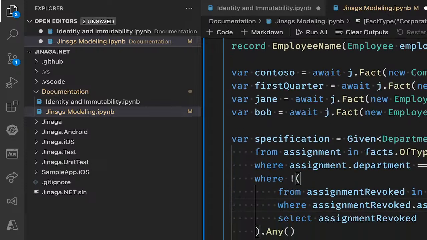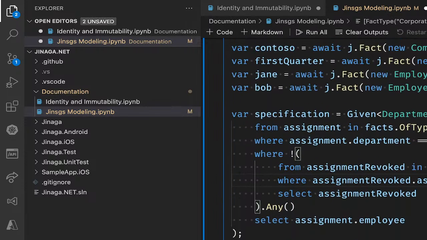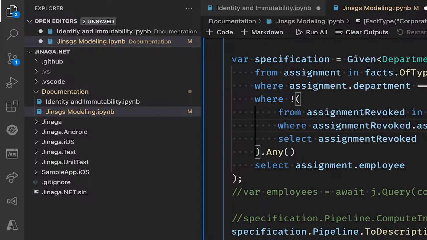There we go. Yeah, the type checker finally caught up with my frantic typing. Okay, so